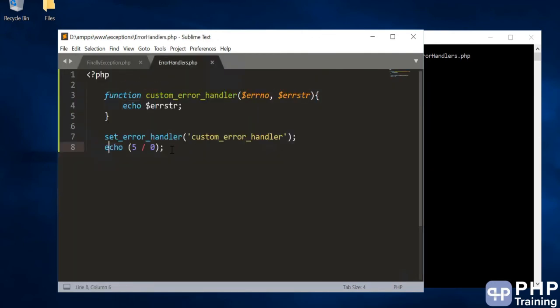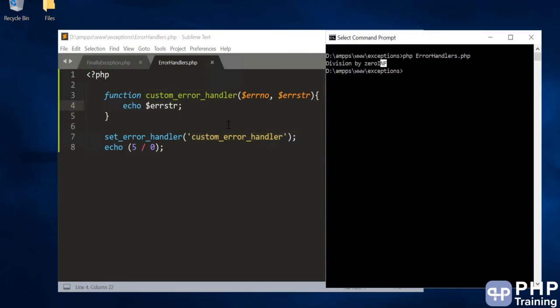This is an error that is triggered from echo, and then we are capturing that error and printing out the string. So that's all about how to handle errors, with a simple way to just create your handler and take control of that error handler. It's very simple to understand. You just have to set the error handler to your method, and then you get all the details of the error, and then you can do a clean exit.